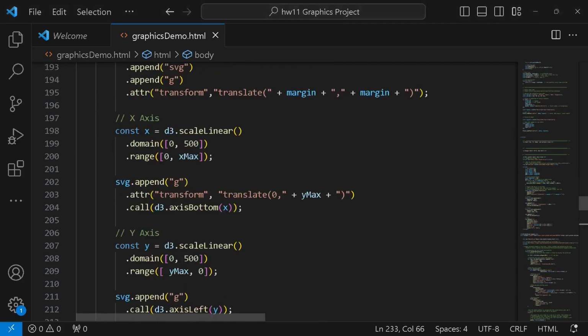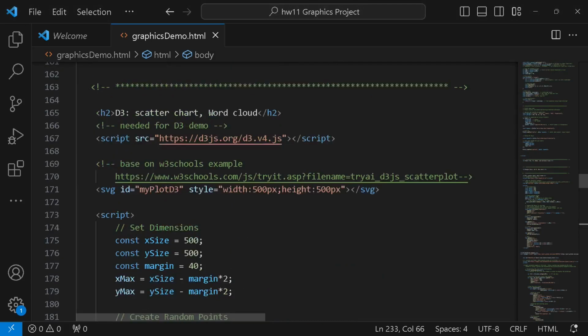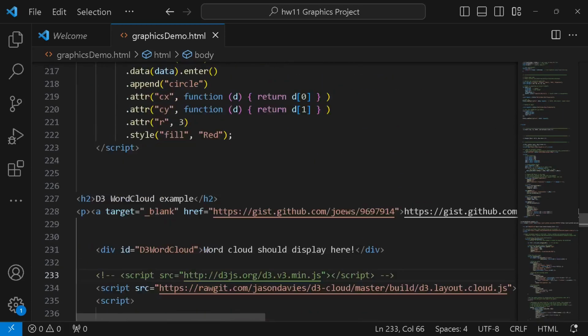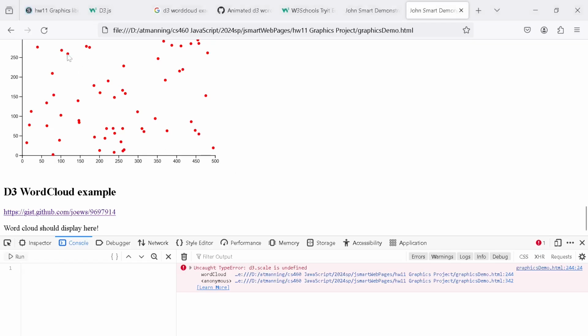Because I thought, oh, when I used it up here, this is not the same one. This is V4. Look at that, I'm using V4 there. This one is using V3. So welcome to the world of coding where you may have multiple versions to work with and one may be broken or one works different. So using the one from their example had a V3 there. When I refresh,